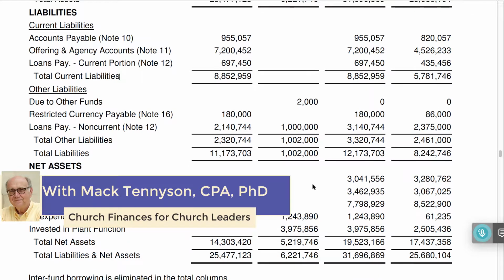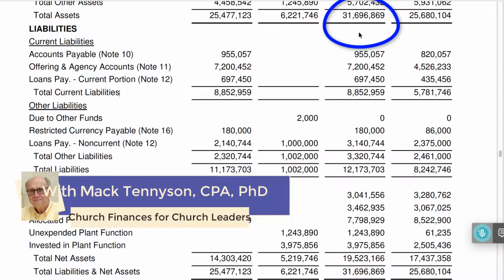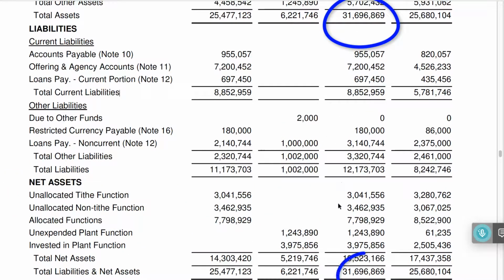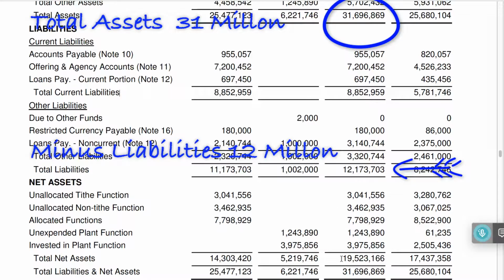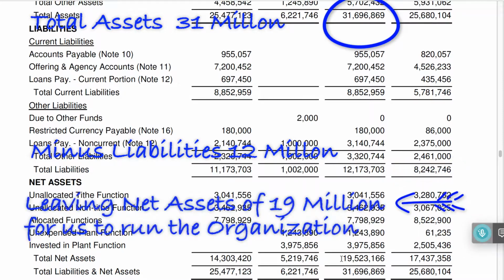It makes sense. If there's anything in our assets that the creditors do not claim, we claim it. Nothing is left on the table, so to speak. That's why the two balances. We have 31 million in assets, the creditors claim 12 million, and that leaves 19 million in net assets. That 19 million is what this video is about.